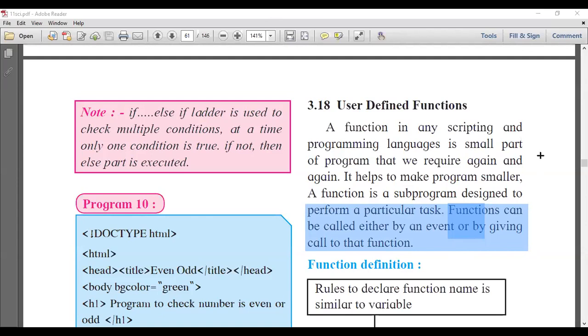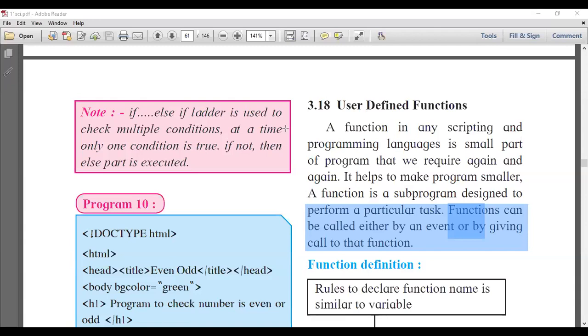Means if you want to execute a function, you have to trigger a particular event. Now what is this event, what is the action, what is the function? That we are just studying here.